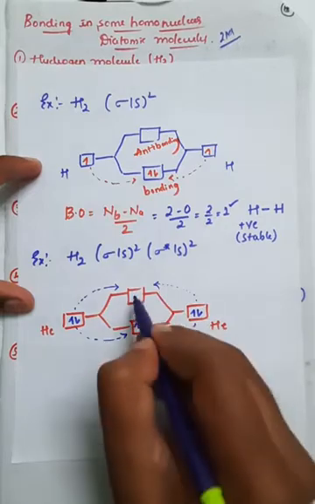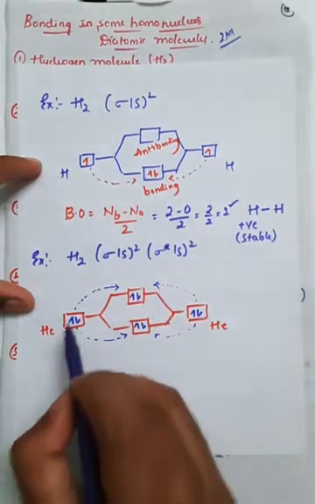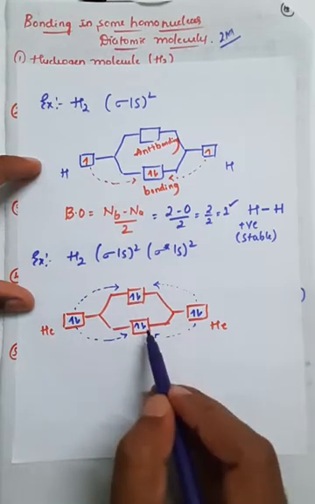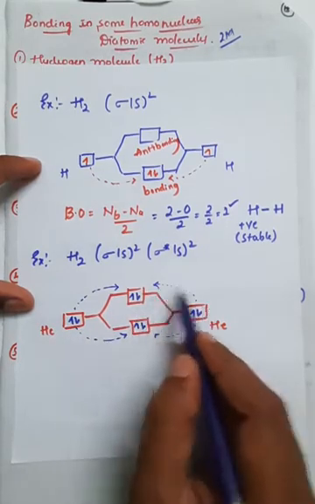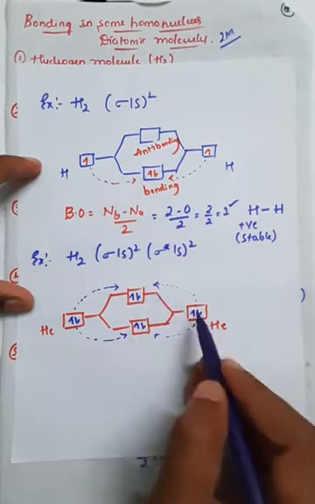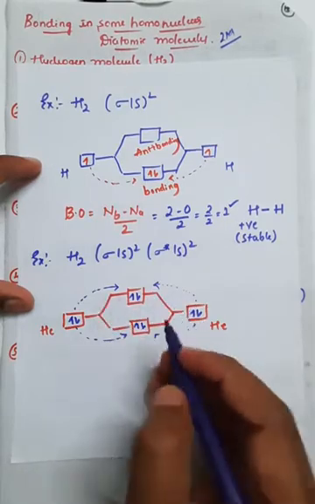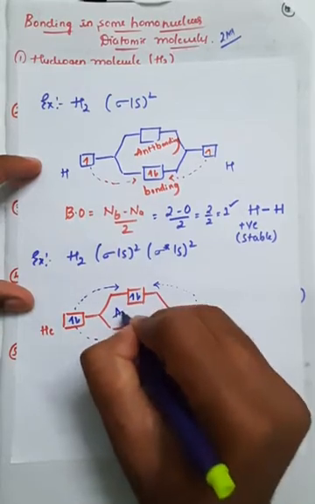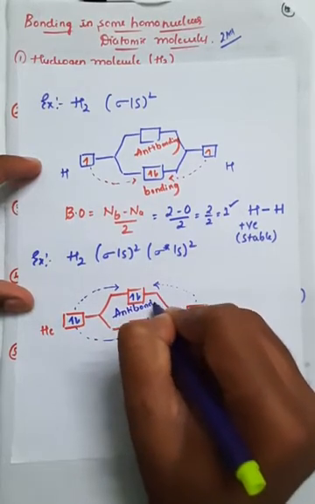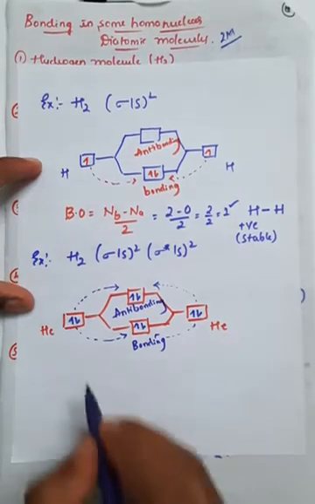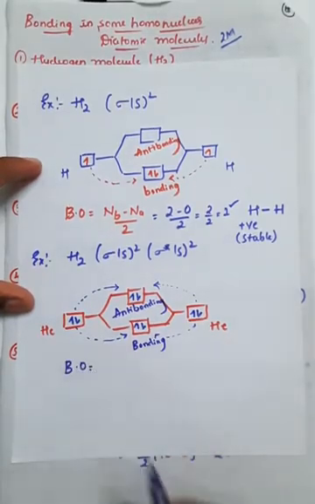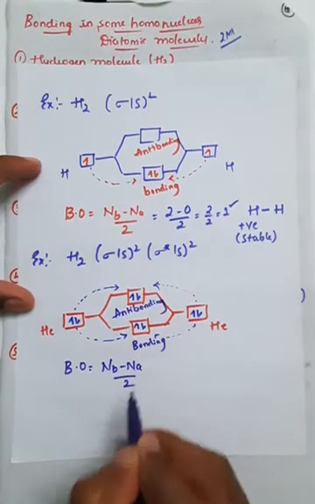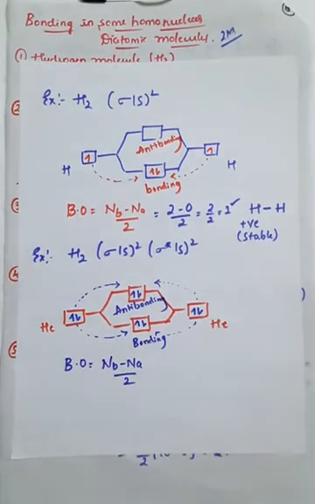So therefore what happens, there will be 2 electrons here also. One will donate an electron to the antibonding, and one will be given to the bonding. In the same way, the second atom also gives 1 electron to the bonding and another electron to the antibonding, right? So this is bonding, and above is antibonding, right? So therefore bond order is equal to, we know the formula, Nb minus Na divided by 2, right?